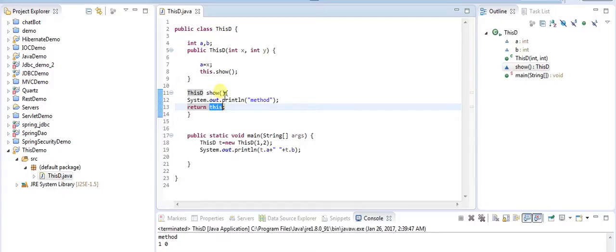And one more thing you can do, you can use this as a parameter also. Like if you have a show method which takes this class object as a parameter, then whenever you want to call this